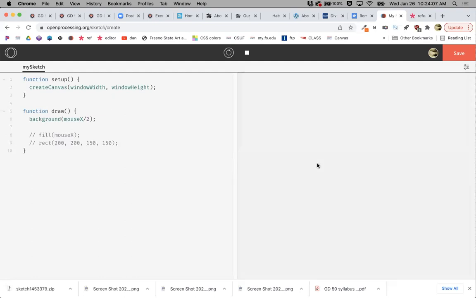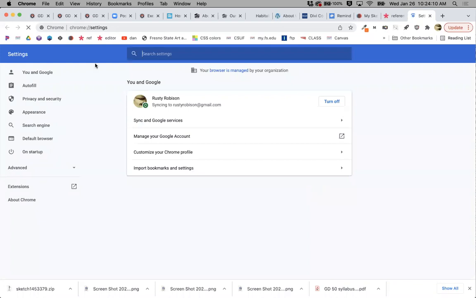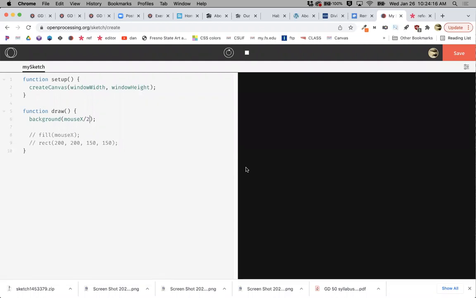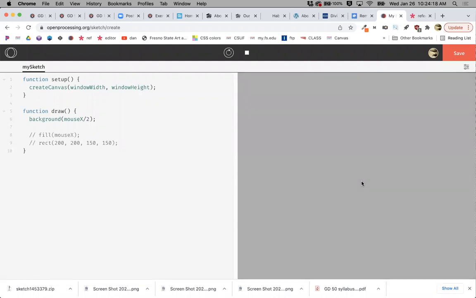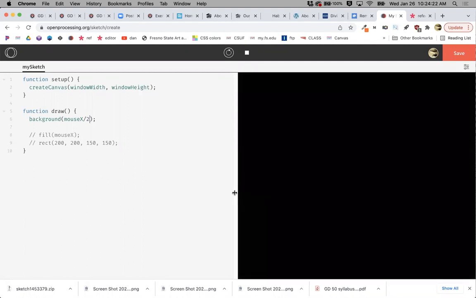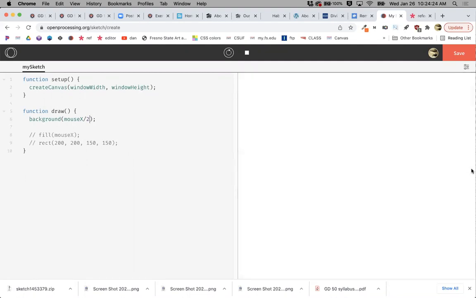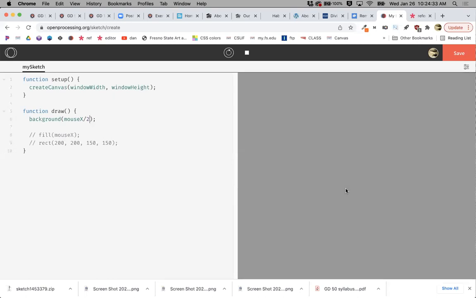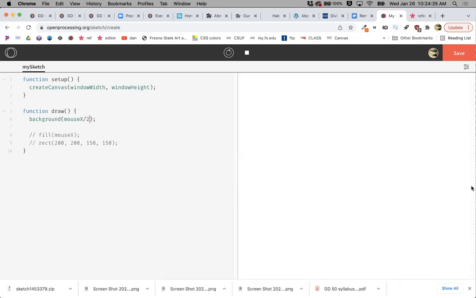Oh wait, did I run that again? What just happened? Let me run that again. I don't think I ran it. So now it's taking a longer time to get there. This isn't the best way to do it. There is a better way if I wanted to actually go to white at the very end here. There's a better way, but this is a nice down and dirty quick trick to just slow your numbers down,